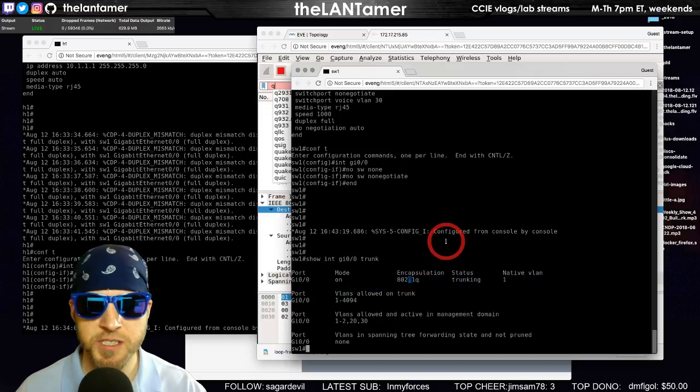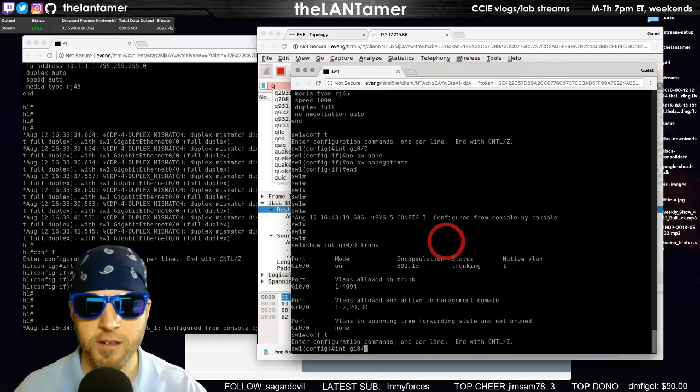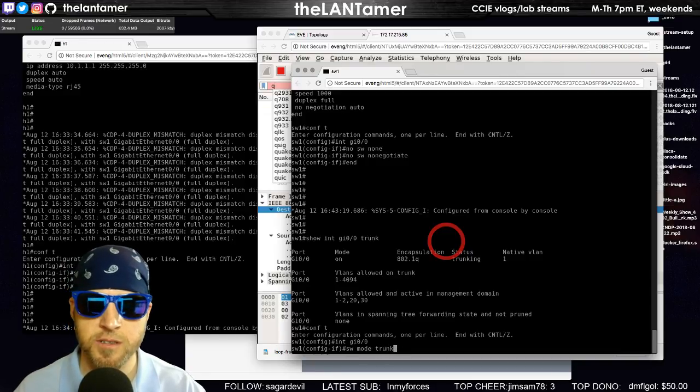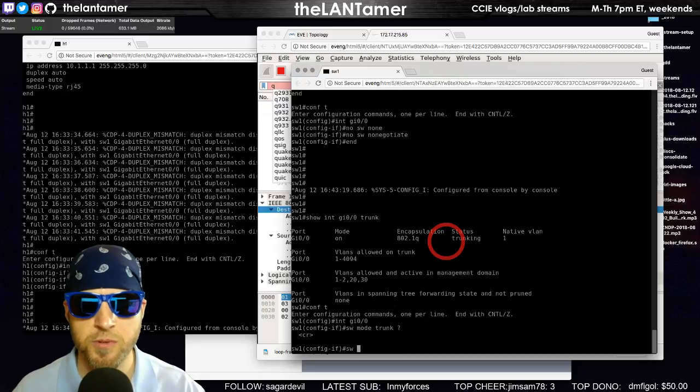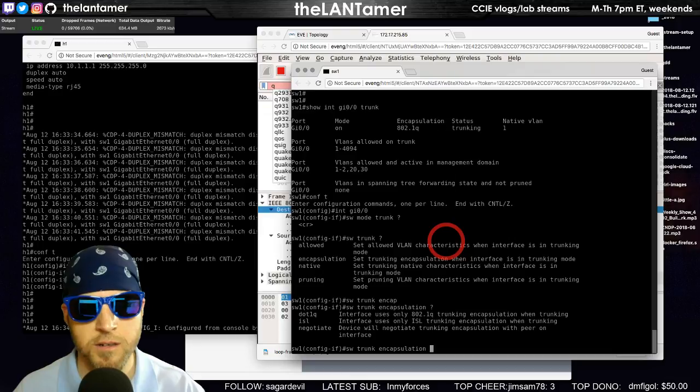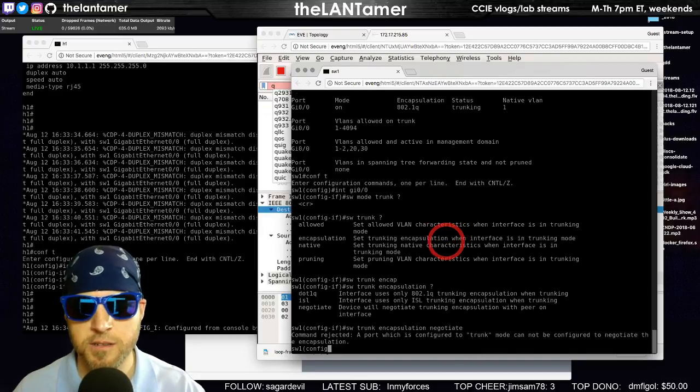Now, if we want to enable DTP, we do switchport trunk mode trunk. Or no, switchport trunk encapsulation negotiate.